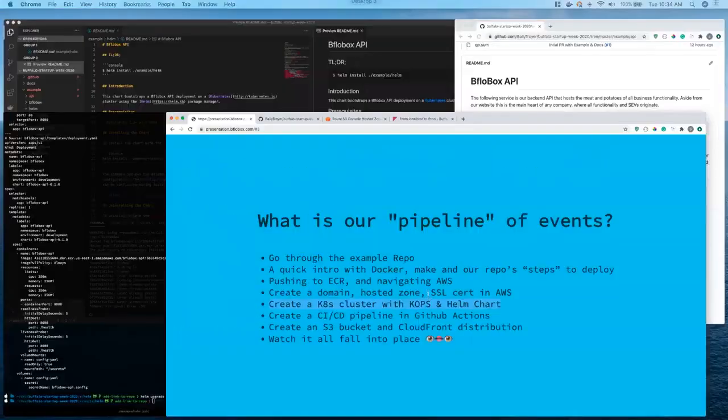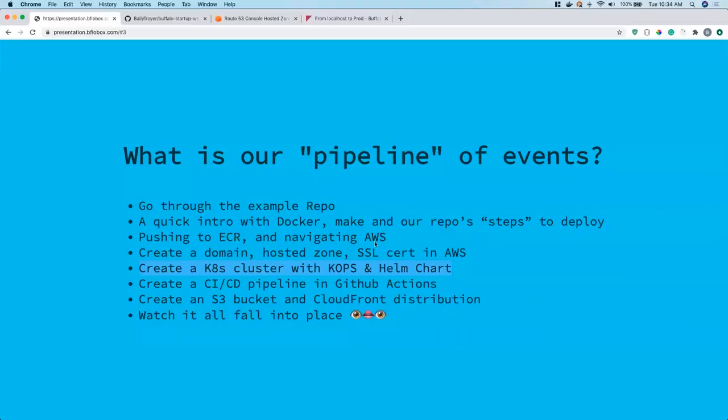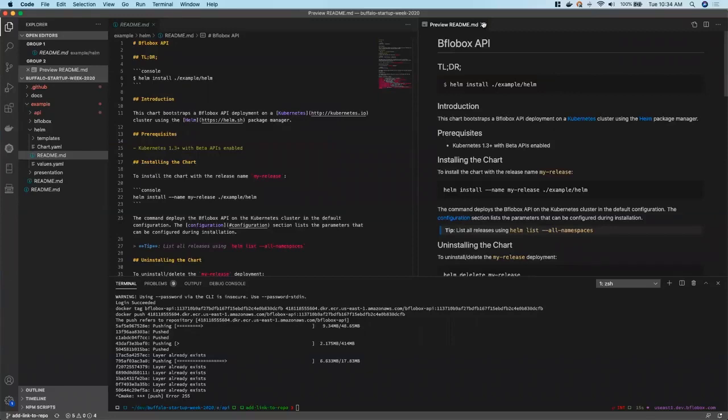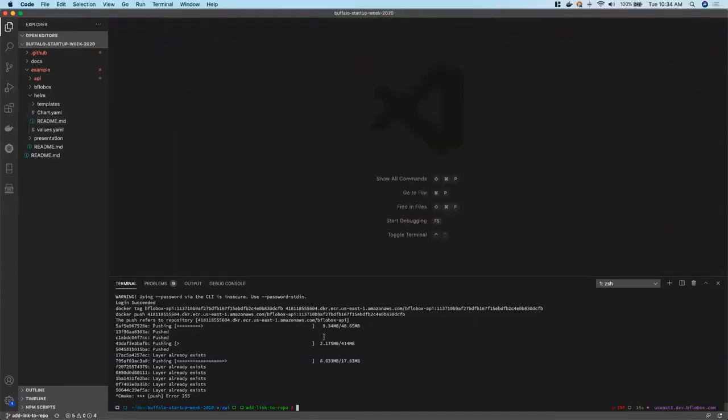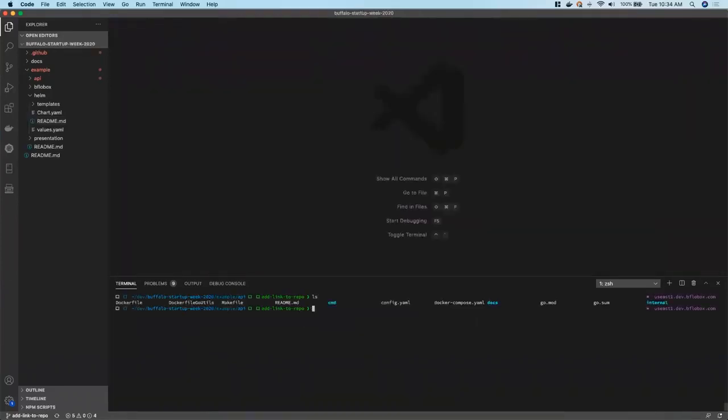Cool. So let's pivot a little bit towards the web stuff. Like I said before, we're Buffalo Box and we have an example API and we also have a website, because that's what our users are going to interface with. They're not going to just start curling and making requests for our API if they want to have a new box shipped to their house. So let's look at this example